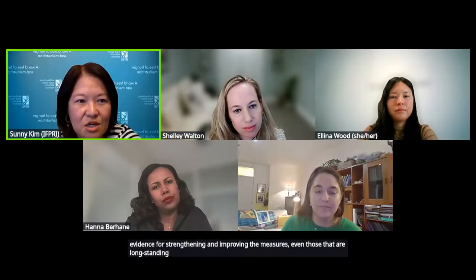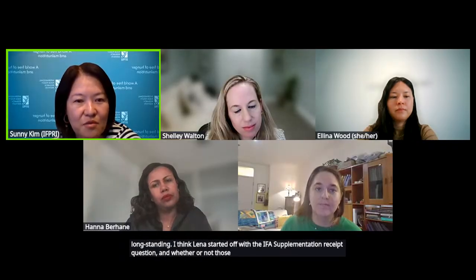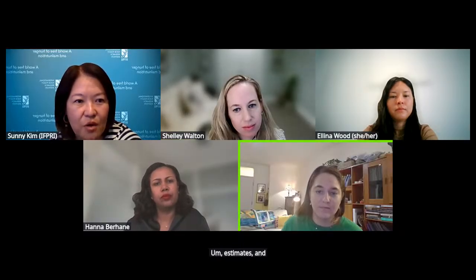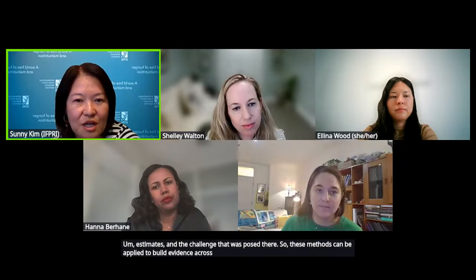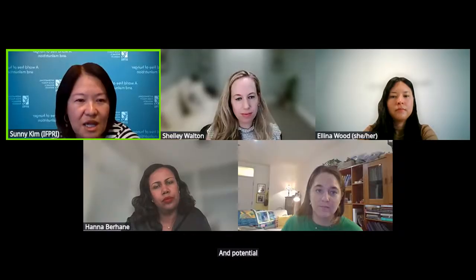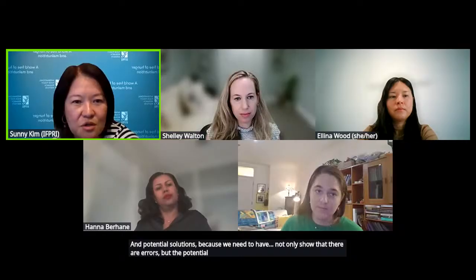Lena started off with the IFA supplementation receipt question and whether or not those were providing accurate estimates and the challenge that was posed there. So these methods can be applied to build evidence across other intervention coverage measures and potential solutions, because we need to not only show that there are errors, but also alternative solutions.